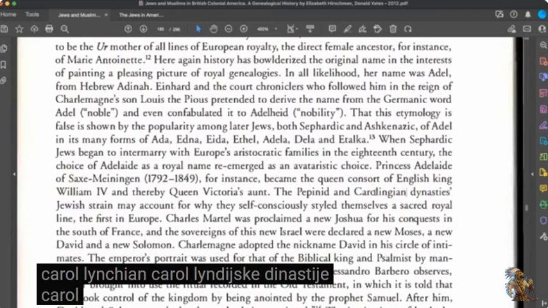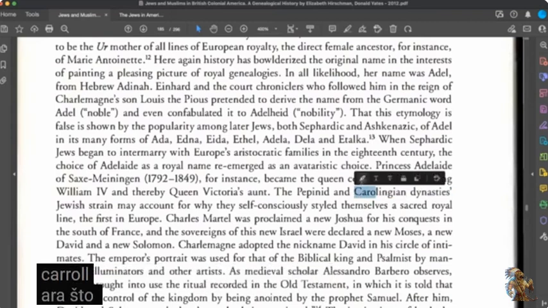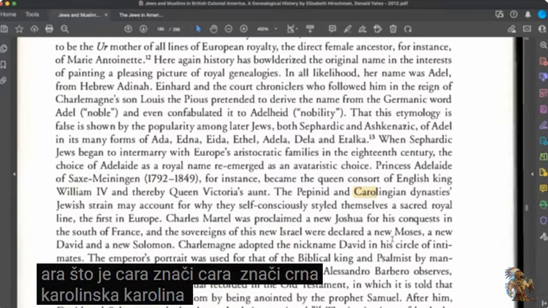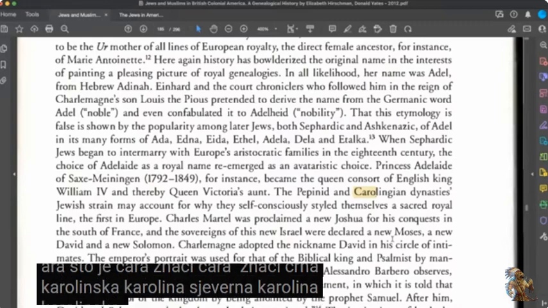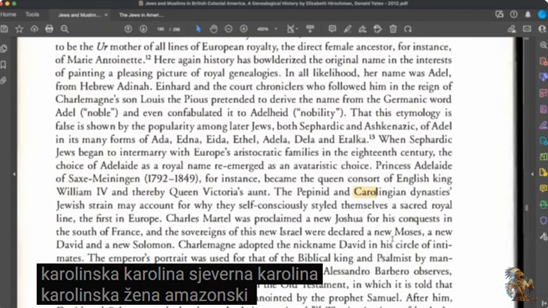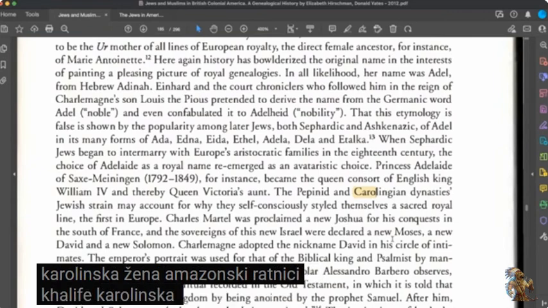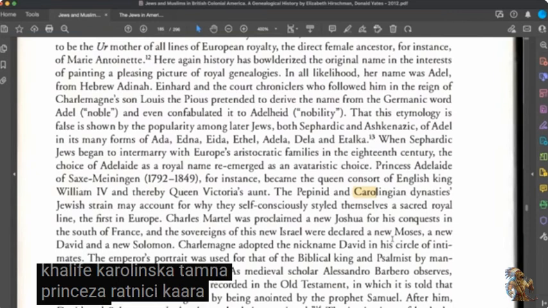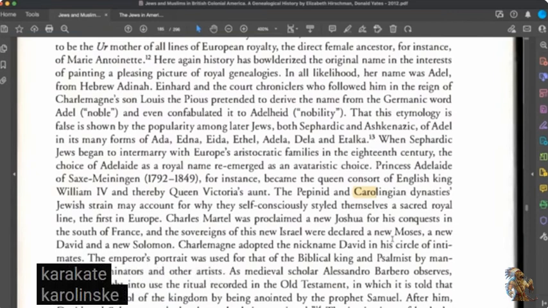dynasties, what's Cara mean? Cara means black. Carolinian, Carolina, North Carolina, the Carolinian female, the Amazon warriors of Khalifa, the Carolinian, the dark princess warriors, the Karakate, Carolingian dynasties,